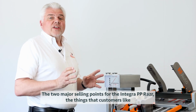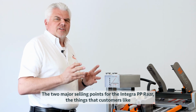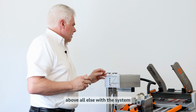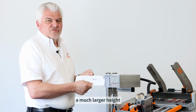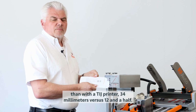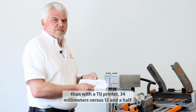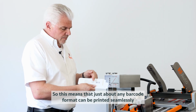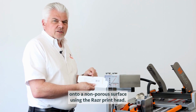The two major selling points for the Integra PP Razr, the things that customers like above all else with the system, are firstly the ability to print a much larger height than with a TIJ printer, 34mm versus 12.5. So this means that just about any barcode format can be printed seamlessly onto a non-porous surface using the Razr